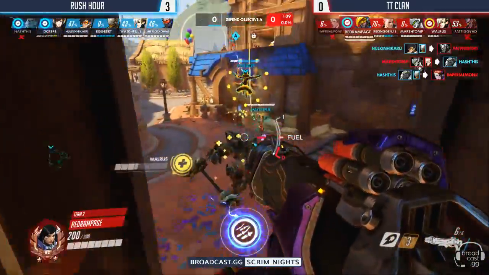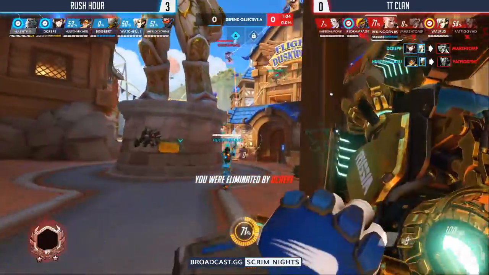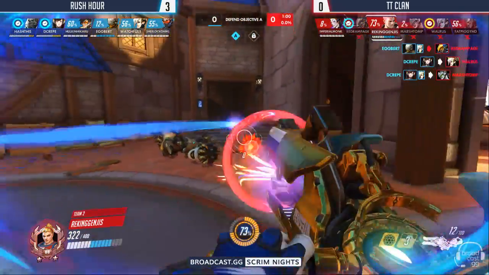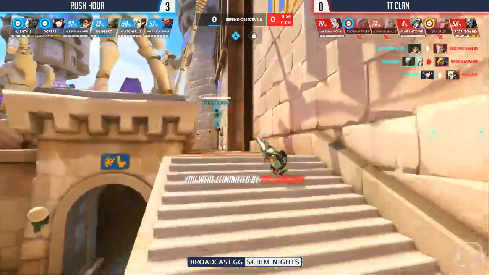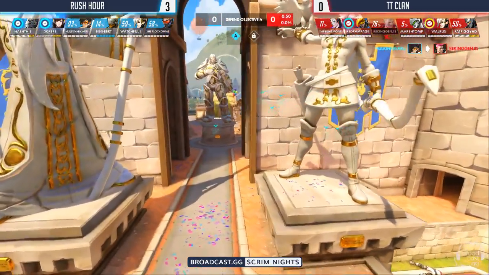Genji calls out the Dragonblade as he gets the slice and the dice, and the Zenyatta ulti has a quick response. But the Crepe and Hokanharu are looking at these kills still, chasing up onto the roof. They're going to get these kills, and it looks like they're not going to be able to come through with this fight. TT Clan back to the drawing board once again,